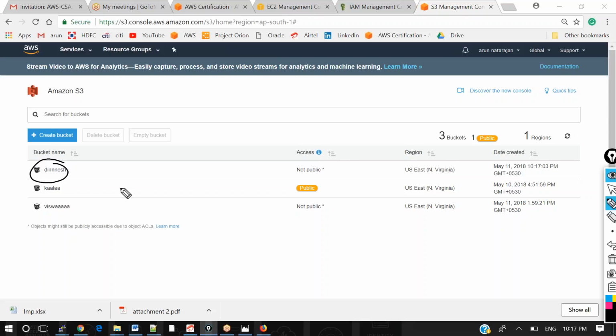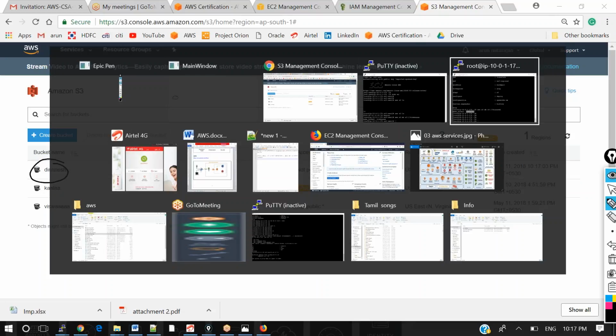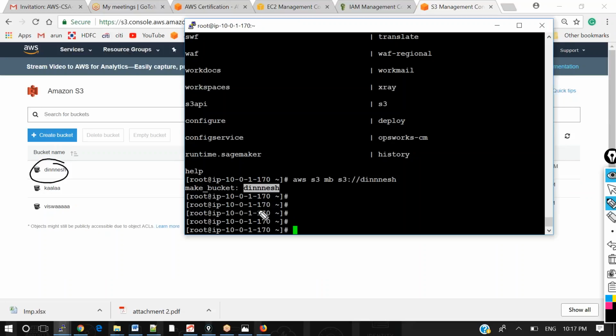So I have created a bucket from my console. And if you would like to delete it, that is AWS S3 remove bucket, S3 colon slash slash.